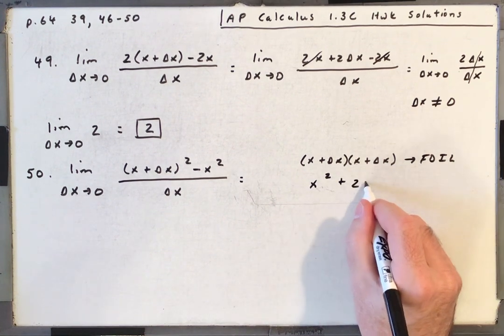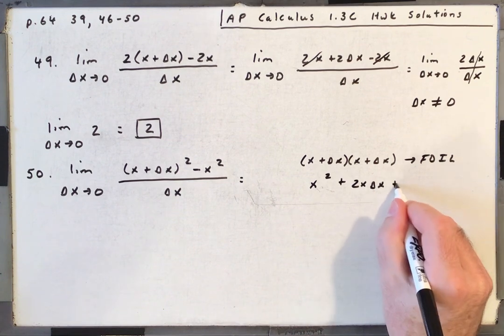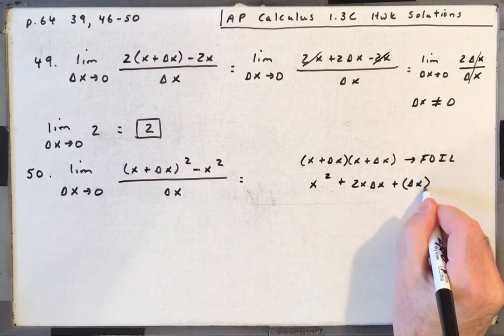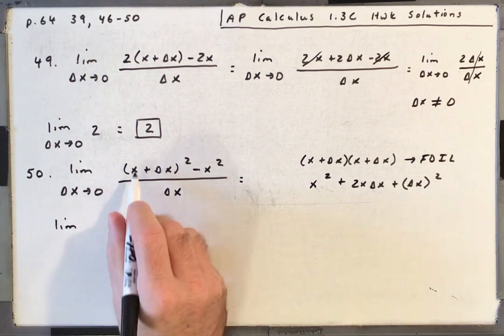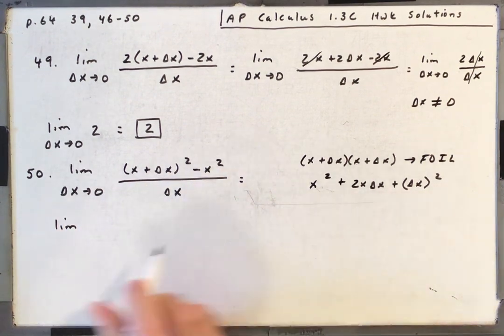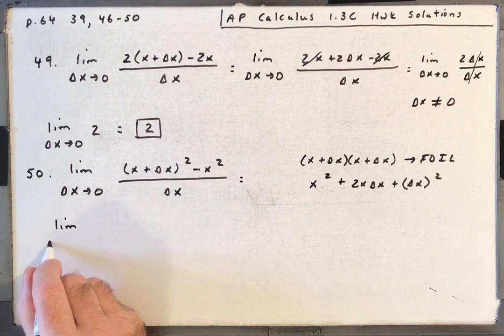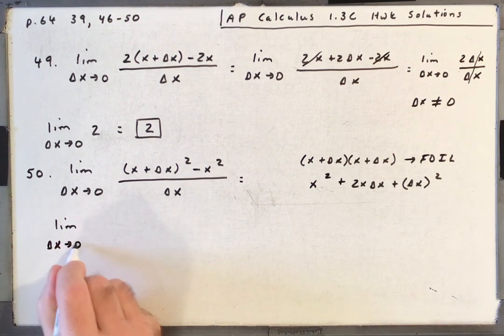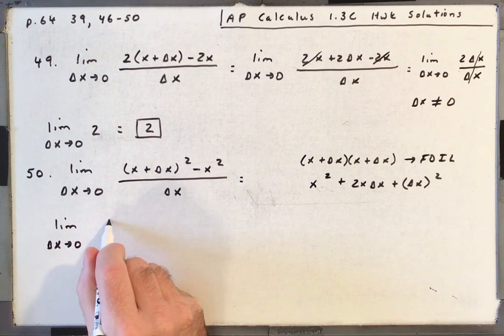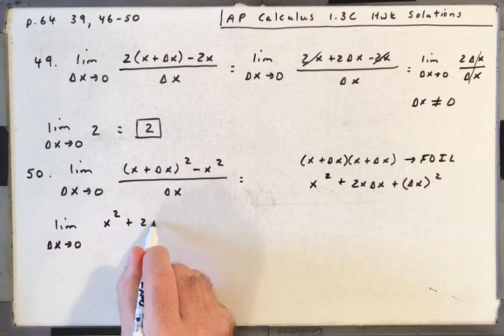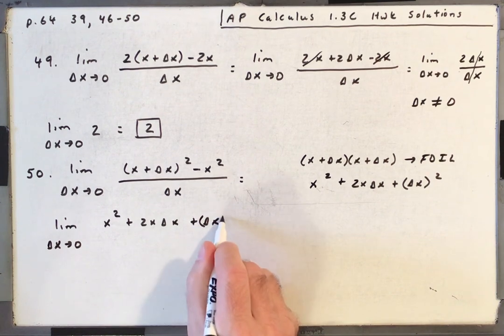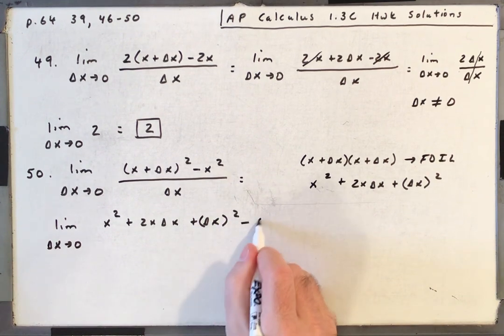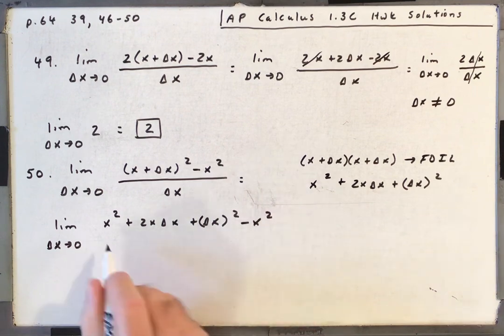That'd be 2x delta x plus delta x all squared. So I'm going to rewrite x plus delta x squared as that. And I'm thinking some cancellation is going to be beneficial. So I've got x squared plus 2x delta x plus delta x all squared minus x squared, we can't forget this minus x squared part,